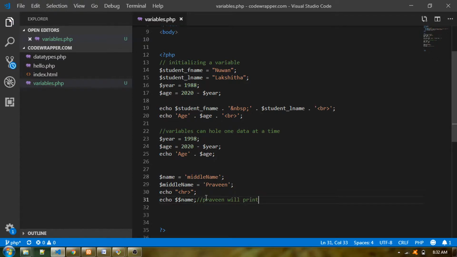So hope you understood this double dollar scenario. So when you have multiple dollars, it will start from the left side, and then consider the first dollar it met as a separate variable, and look at whether there is any variable available in the document. If so, it will replace the value at that location. So then after that, with that new value, it will move forward and see if there are any other variables. If so, then it will try to catch up with this new variable,